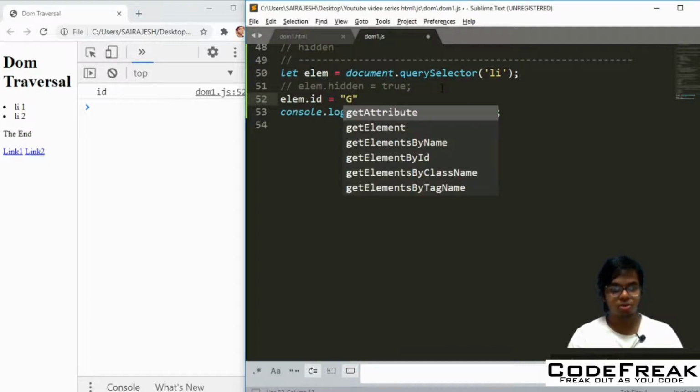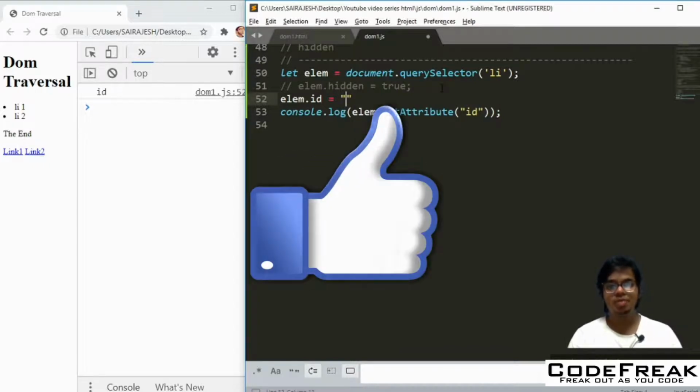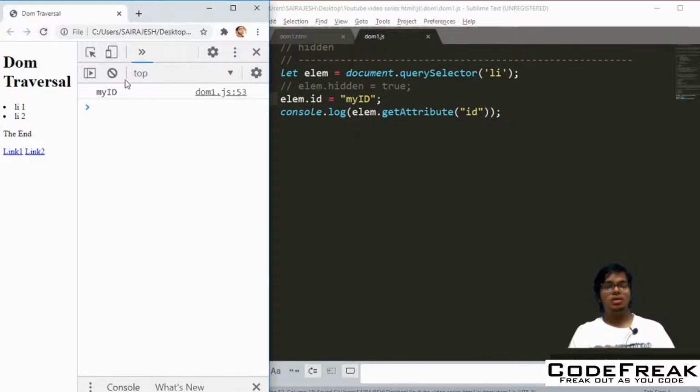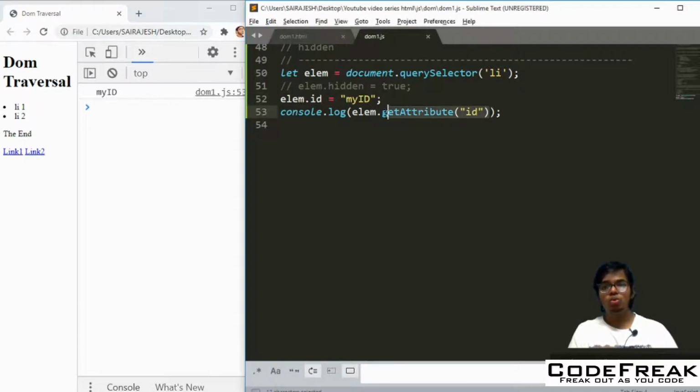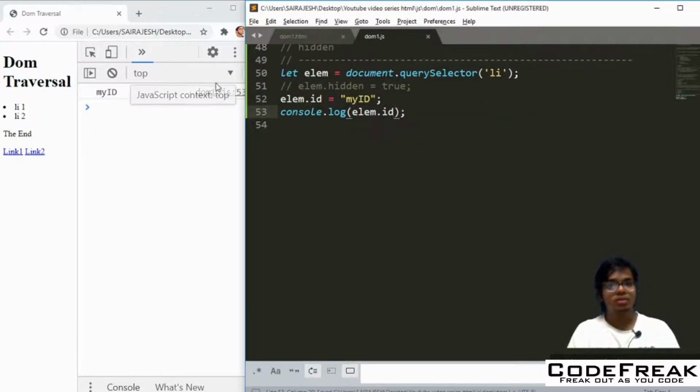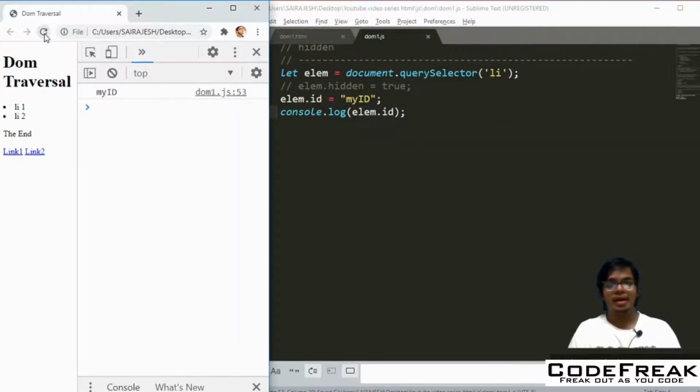It was previously id, so let me do my id. Now let us see what happens here. The property as such changed to my id. Even if you do id in this place, you'll get it as my id.